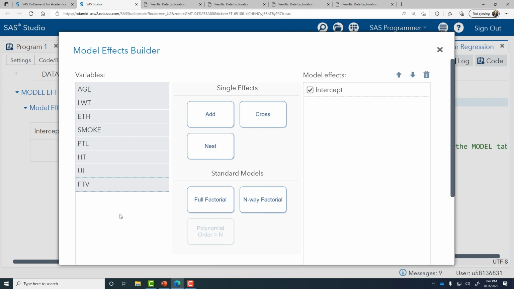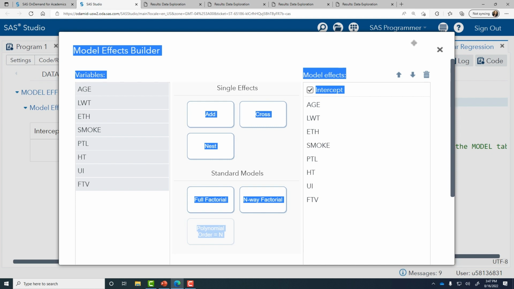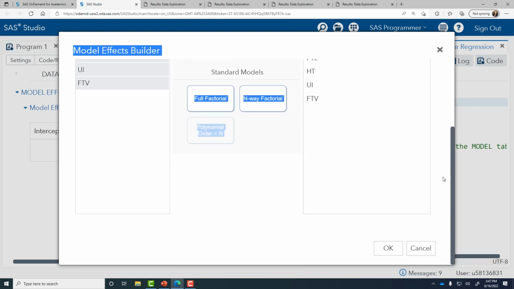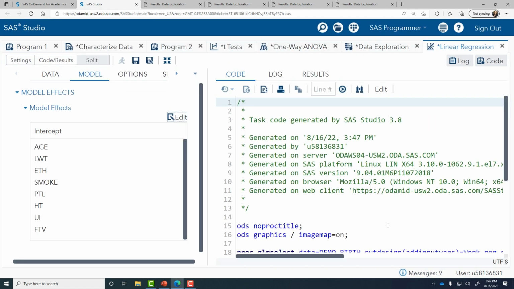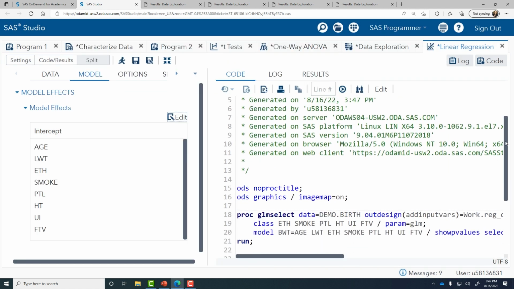This selects all the variables, and I'll just add the single effects. So what I'm doing here is I am adding main effects for each of these predictors. I'm not adding any interaction terms, and certainly you could add interaction terms if you believe that there was a reason to do so. So let's go down to the bottom and I'll click OK. And now we see that code has been generated.